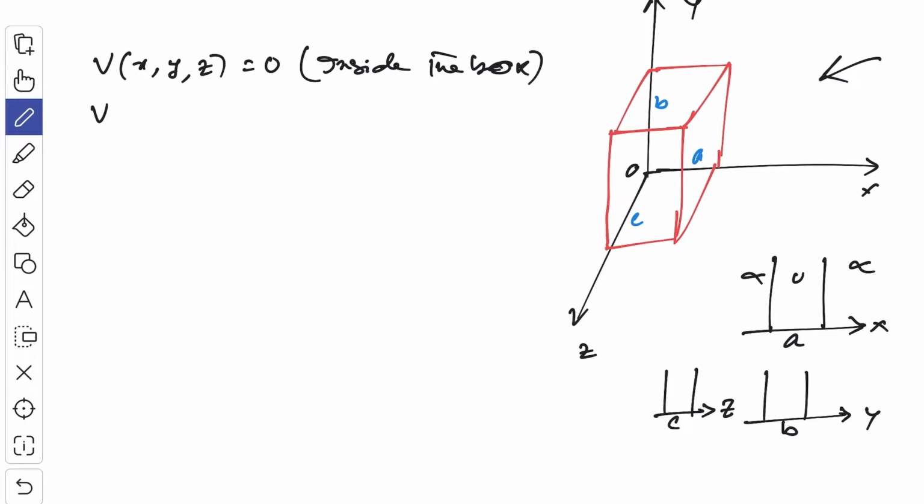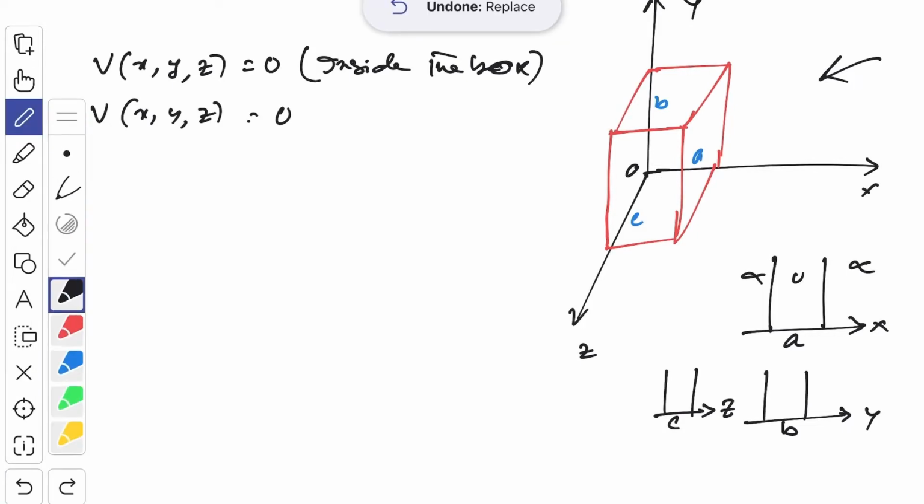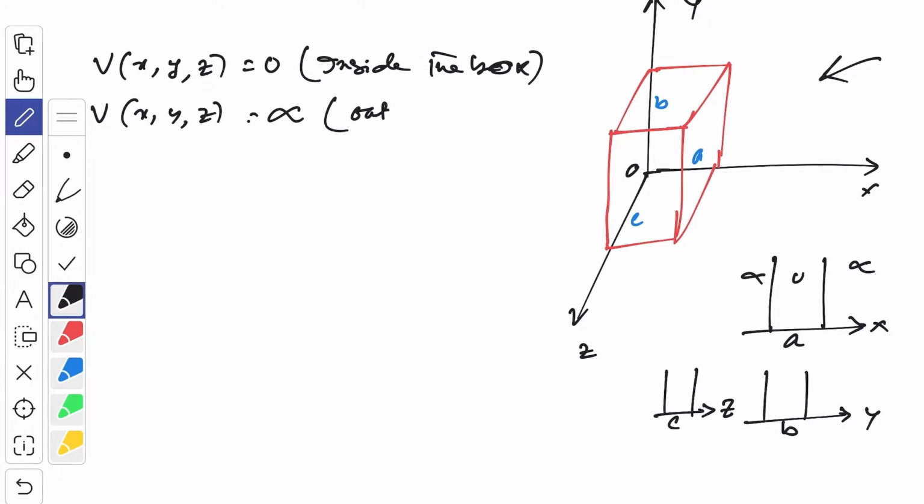And the potential outside the box is infinity. Outside the box, the potential is infinity. So therefore, for a particle inside the box, the Schrodinger